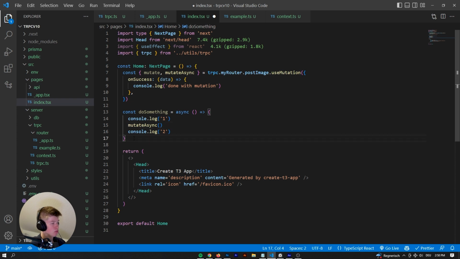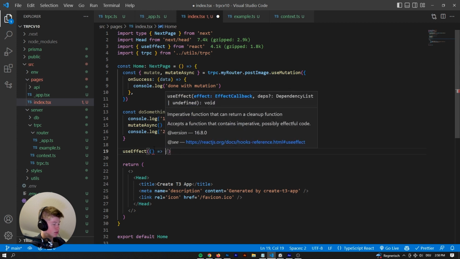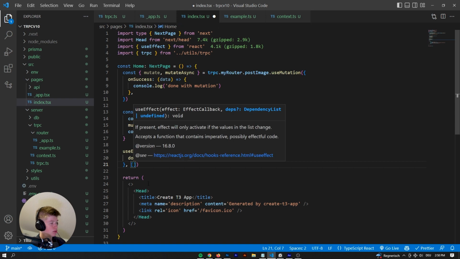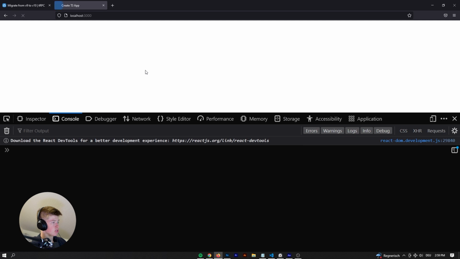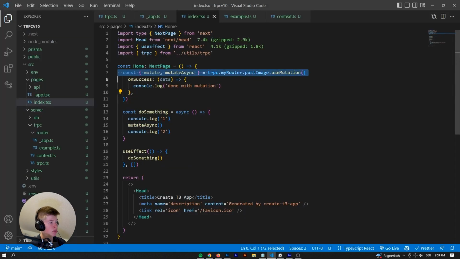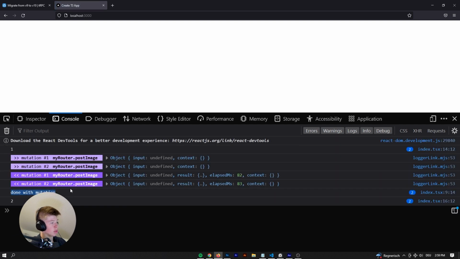And we also want to call this doSomething instead of a useEffect. Do something and only do it when this component first renders. So let's see what happens. Let's restart the page. So we get 1, 2, 1, 2, done with mutation. So as you can see, the mutation is done asynchronously, just as the name here might suggest. However, we can also await the mutation, essentially having a 1, done with mutation,